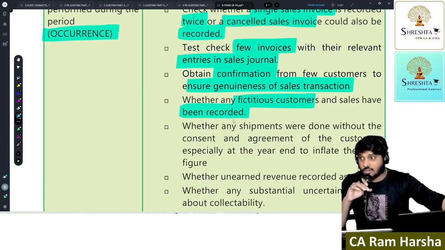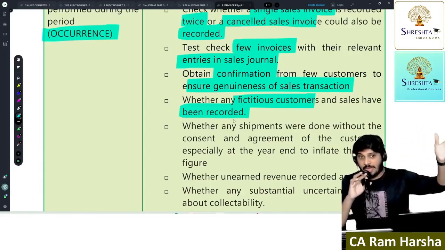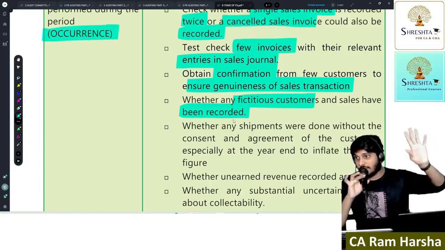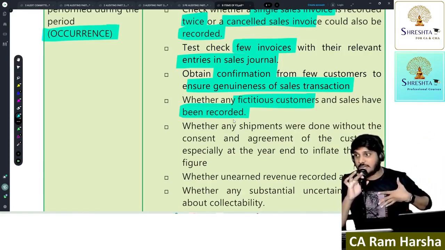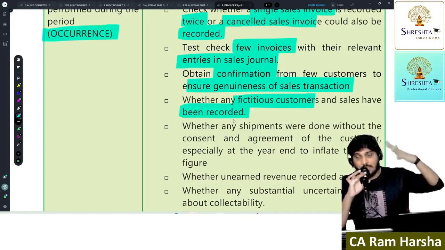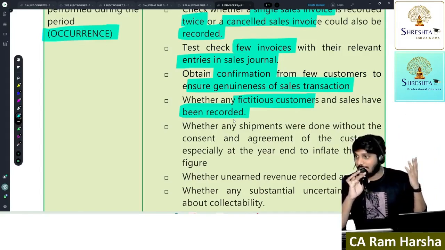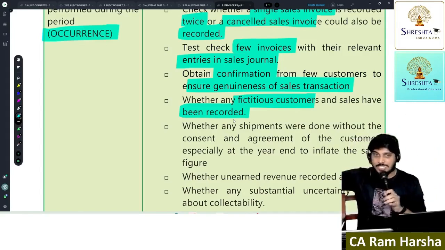But for a manufacturer, we can identify who all the customers are. External confirmation will be enough. Depending upon whom you are auditing, a manufacturer or a retailer, you need to apply that procedure. For a manufacturer, I will apply external confirmation to know about the existence of a customer. But for a retailer, external confirmation is not possible. Understood? The only thing we can check is whether it is received or not.